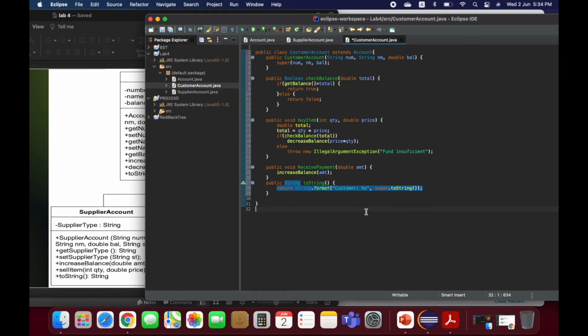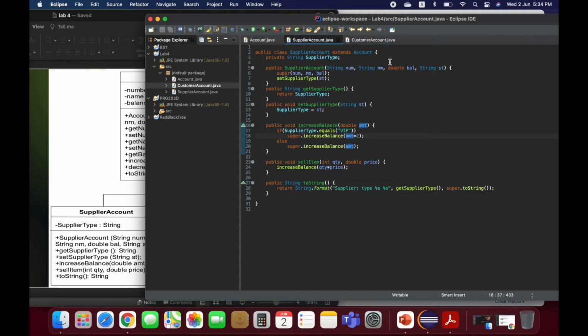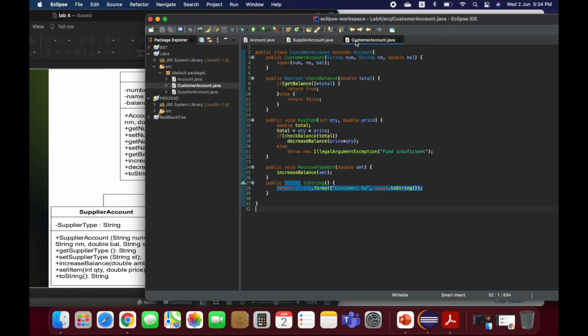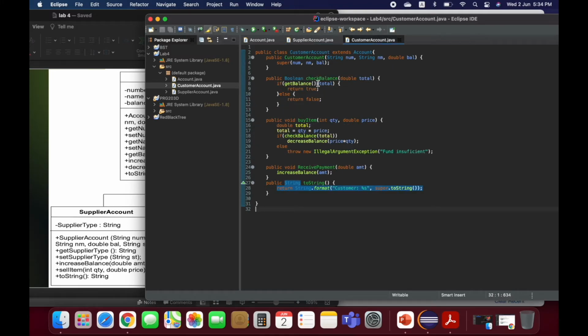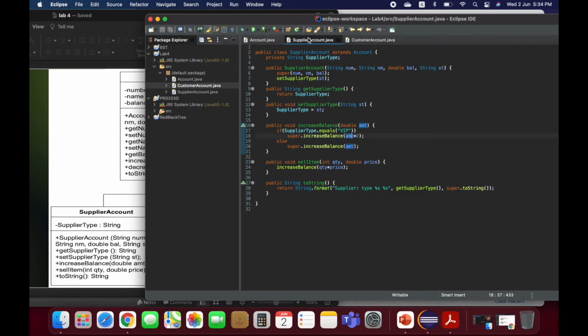Okay, so yep, we're done with the account, the parent class, and also we're done with the supplier account, which inherits from the parent class account. Also, this customer account also inherits from the parent class account. Okay, so they have the same properties, just they have their own methods as well in their own class. Okay, like the buy item, receive payment, sell item. Okay, so what we need to do next,